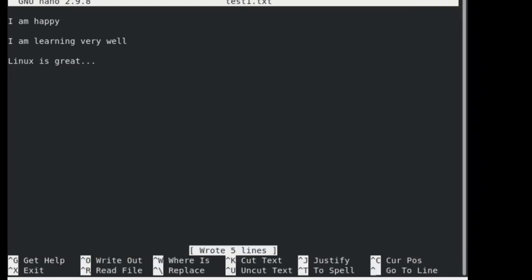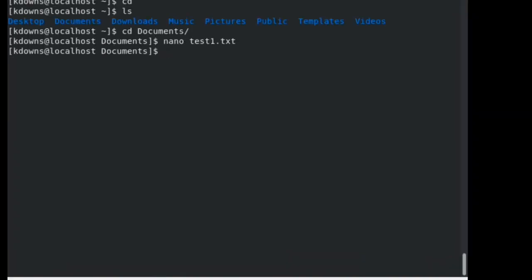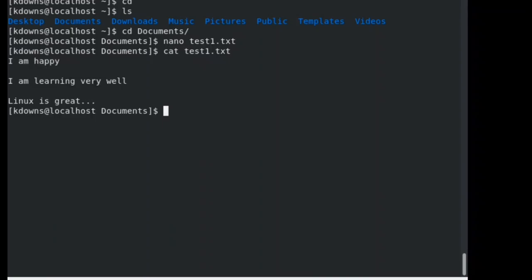Okay, so now you see it wrote 5 lines, that's saved, and to exit out of this, we'll do Control-X, okay? If you guys don't do that O, or save, and we press X and it exits, there's not going to be anything in that file, okay? So now we'll do a cat on test1, and we'll see, okay, those lines are in there, perfect. Let's move on to our next step,